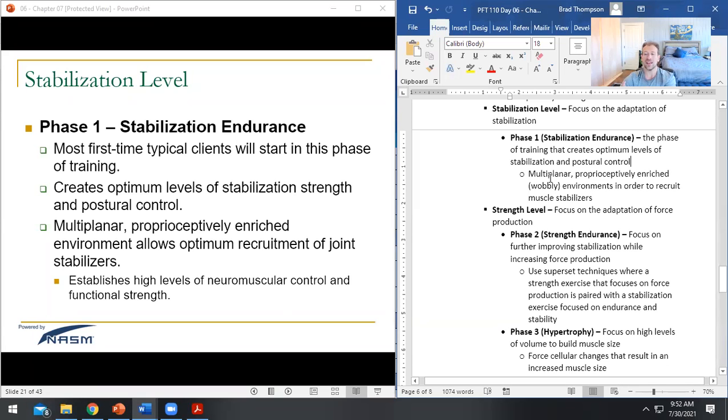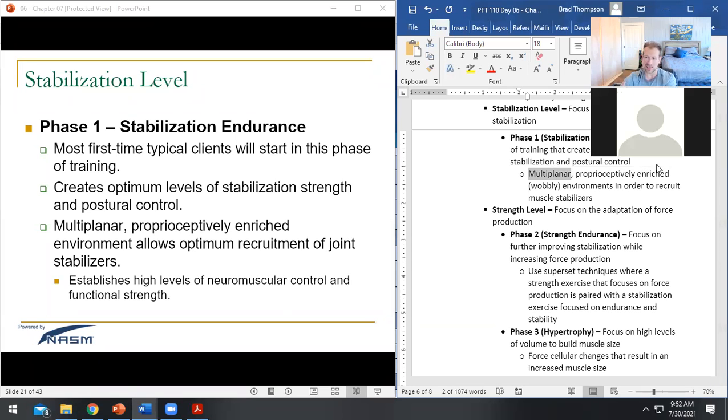What does that mean? Well, the exercises that we pick are going to be usually multi-planar. So we're going to use multiple planes of motion. Most strength movements, guys, they use one plane of motion consistently for X number of weeks. Think about the